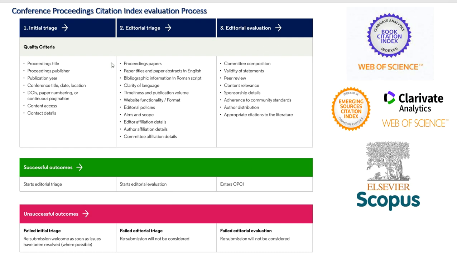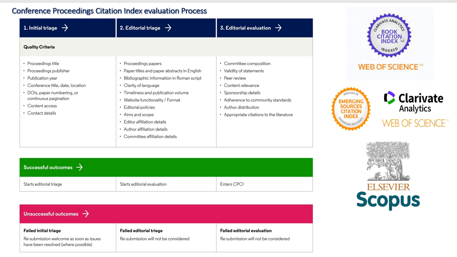If any of these three things are not done successfully, then it immediately goes through unsuccessful outcomes. These are failed initial stage, failed in the editorial stage, and failed editorial evaluation. Whatever it may be, if they fail, then they automatically do not come to finalize. Then if you want publication under ISBN, it comes through lecture notes, conference papers, conference books, and whatever it may be. The indexing